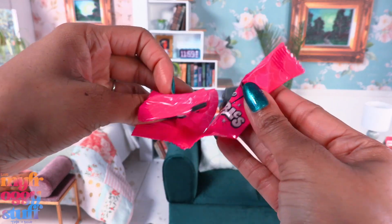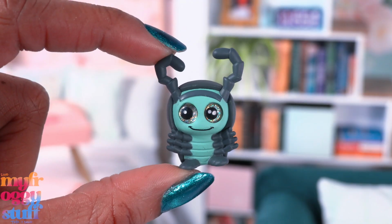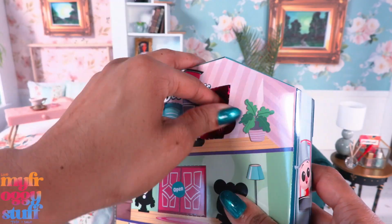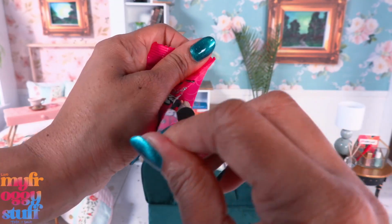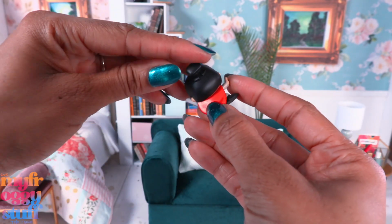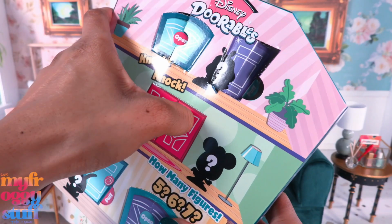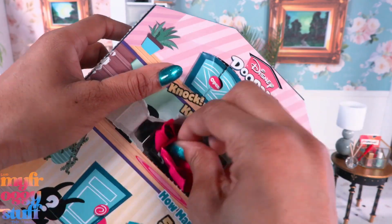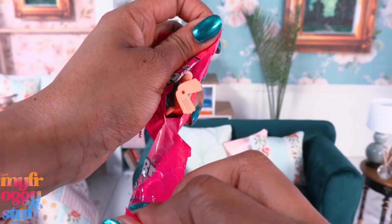And our first one is a bug. This is Roll from A Bug's Life. And here we have, please be Luca. And it better not be another bug. Oh no, it's the rare Li Shang from Mulan. Then, behind door number 3, we have the collector's guide and